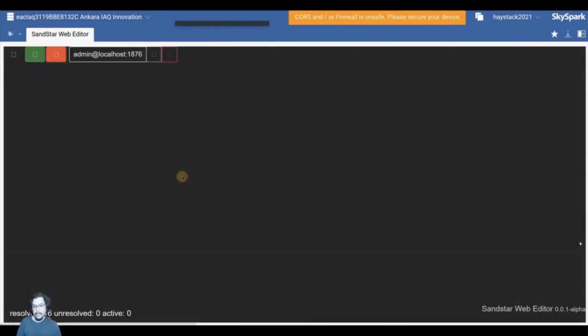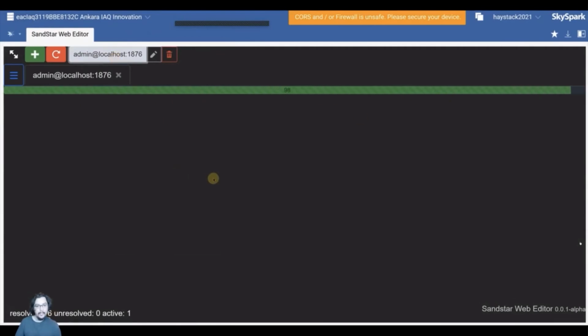So JavaScript and HTML is loaded for us. And when we click on the tab, it loads the WebSocket. So UDP gets converted to WebSockets, and WebSockets are sent to us in a secured manner. By the way, we are in HTTPS and secured WebSocket communication, so any data that is going through is encrypted.